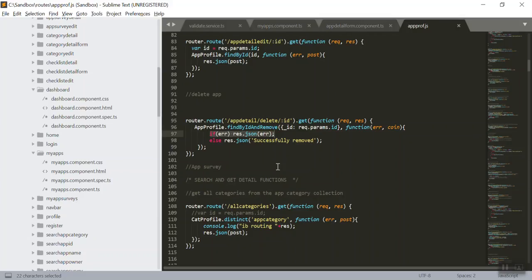Apart from that, the final piece would be the login logout, where I'm checking for roles. I consistently keep checking at every page load if you are still logged in. If you are not, you are provided an instant message which says you're not logged in, and for some reason you've been logged out, and you're pushed back to the home page where you have a chance to log in again. So all these are very good examples of the error handling throughout the code, and you can see some of them as error messages when you use